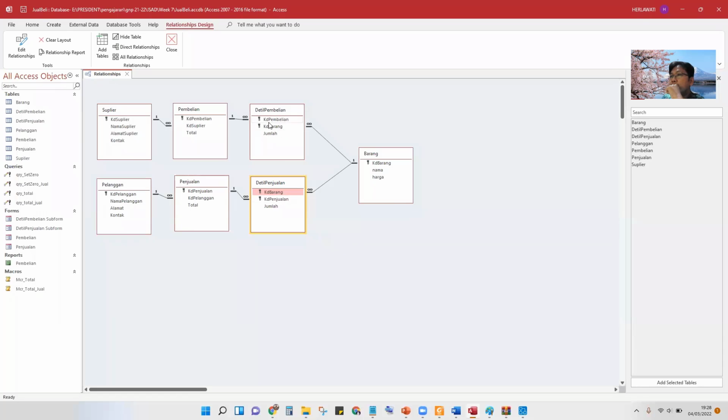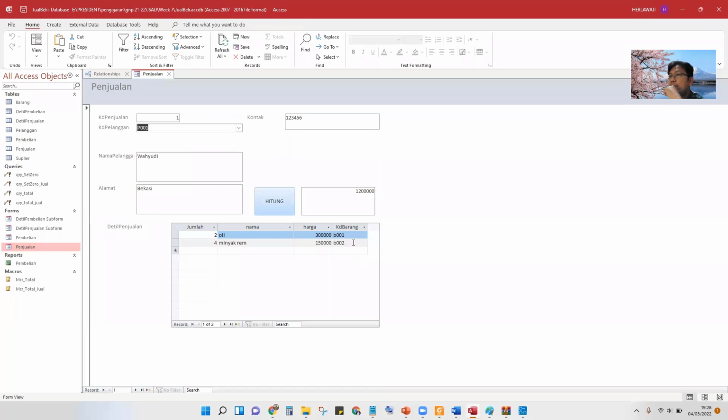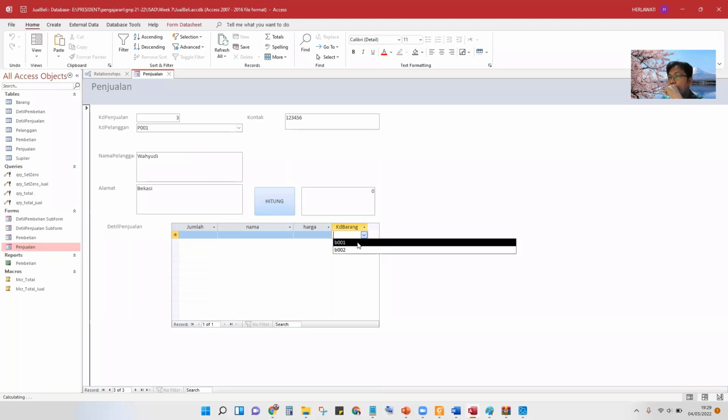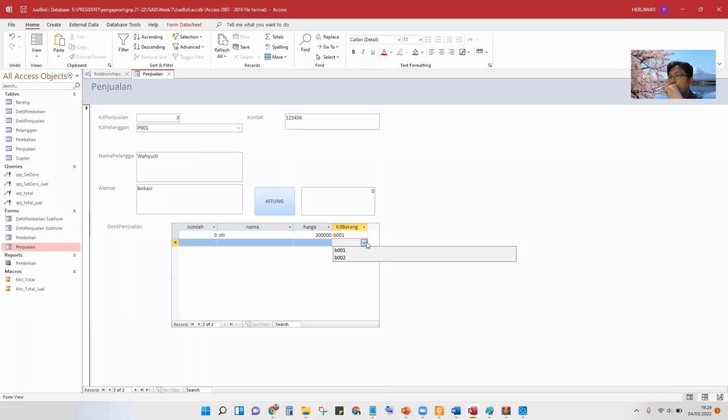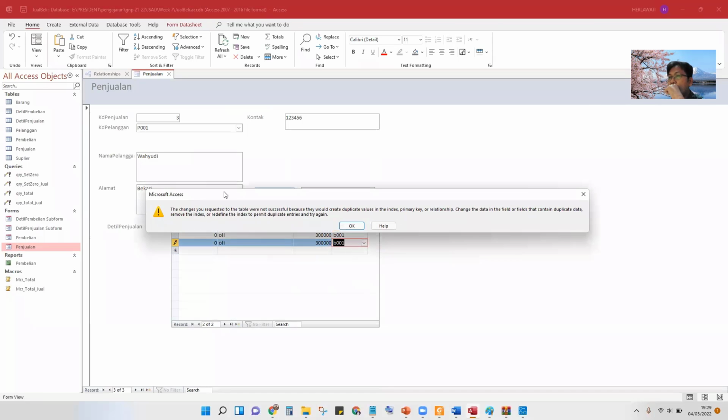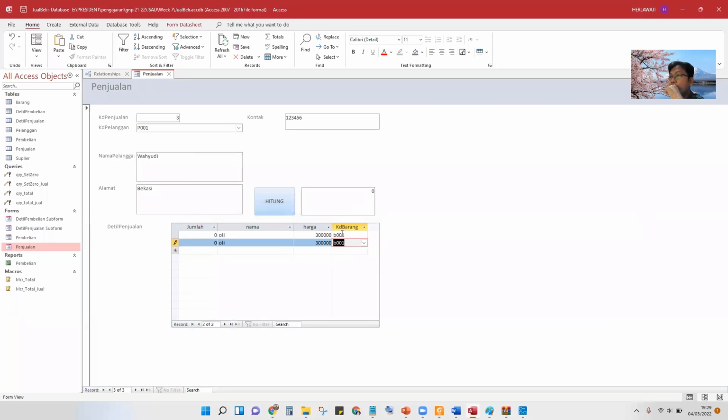Of course, this is a problem because when we create a new transaction, this is automatic, and then, for example, if we use the same name, there is an error here because we do not allow the same primary key with the combination of ID here and here.